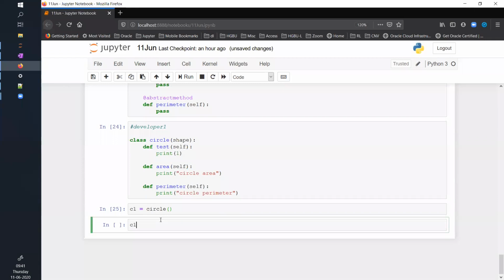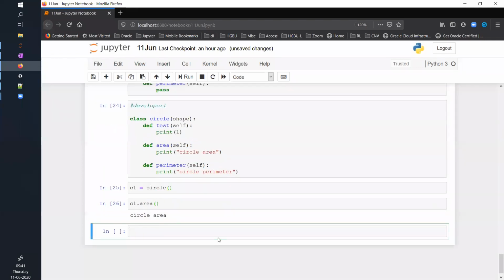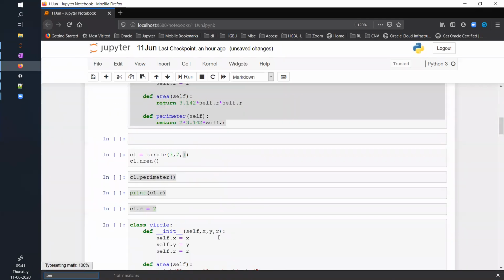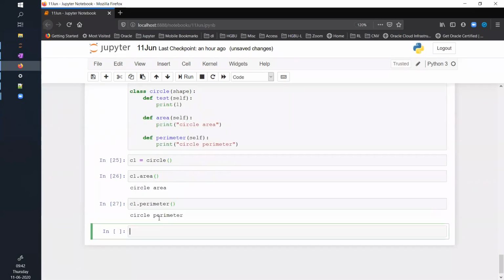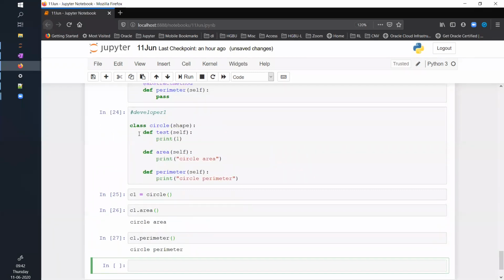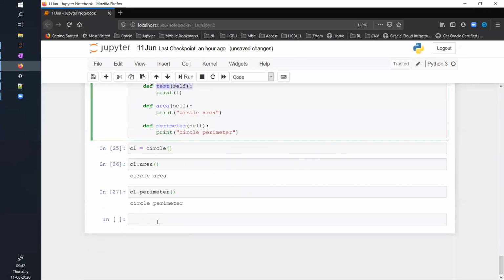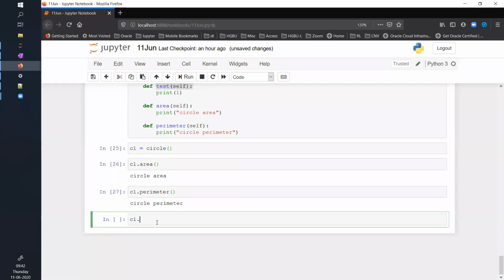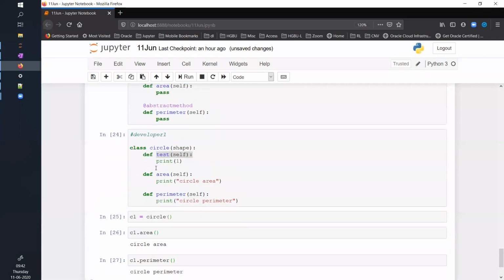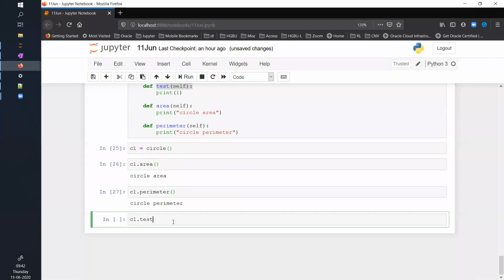And when I say c1 dot area, circle area, and c1 dot perimeter, what happened? I will be able to call perimeter. And even I will be able to invoke test, which is specific to my class circle, c1 dot test. I can